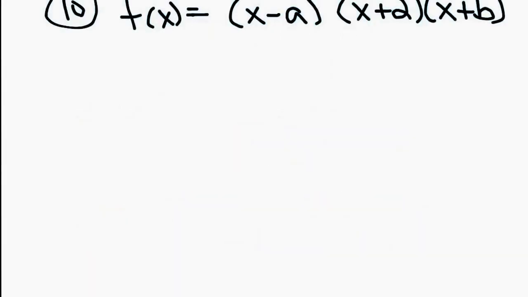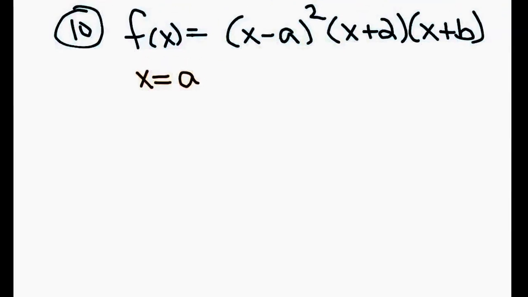Problem number 10 says let f of x equal (x minus a) squared times (x plus 2) times (x plus b). How does the graph of this function react at the x-axis? Well, the first thing I want you to notice is what the zeros are. The zeros are at x equals a,